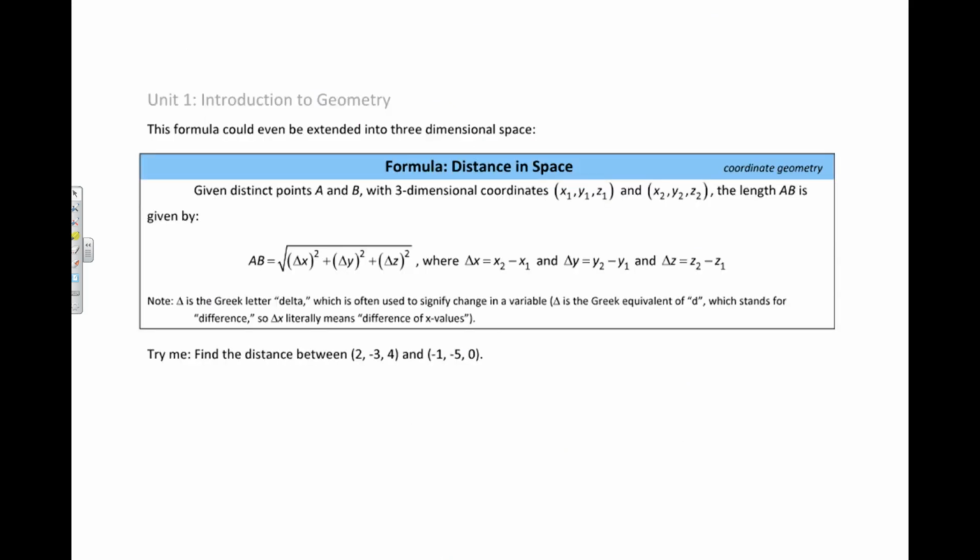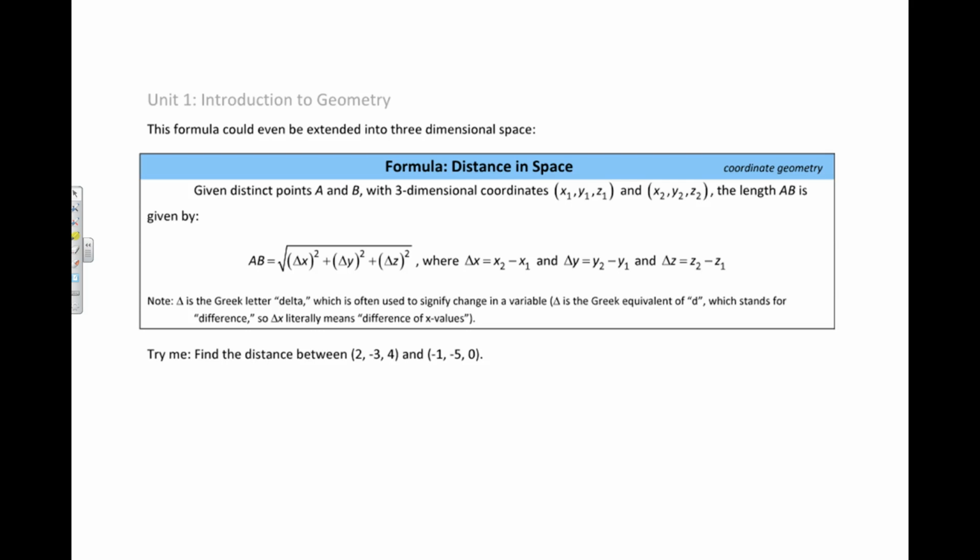All right, guys, and this last part is really more of an extension. I don't expect you to be able to know this, but if you're working on honors credit, this might show up in your honors section. This can actually be extended into 3-dimensional space where you're looking at your 3-axis coordinate system. We have x-axis, y-axis, z-axis. So if I have points in 3 dimensions, x1, y1, z1, x2, y2, z2, the formula works out the same way,